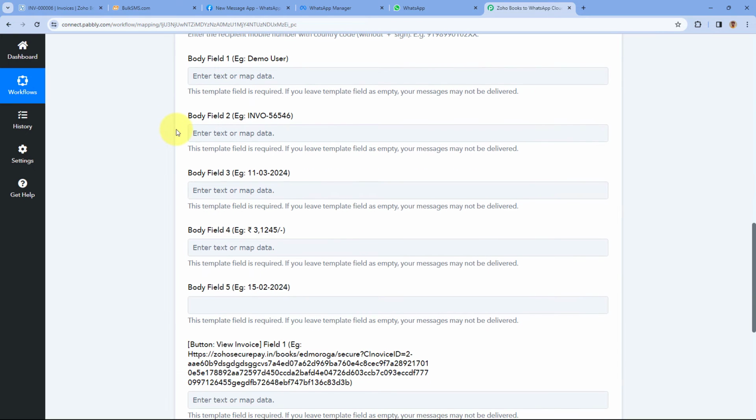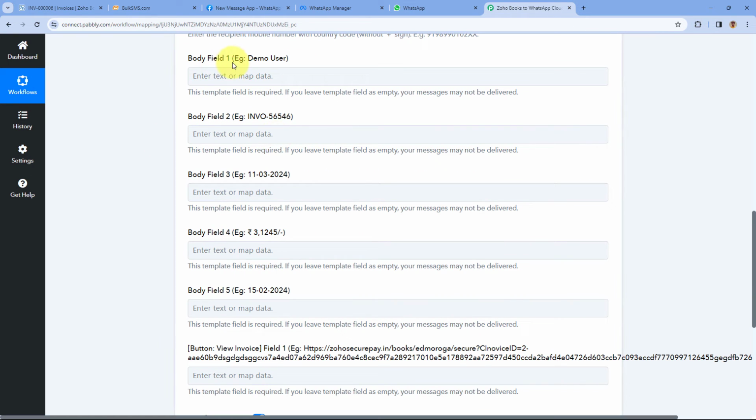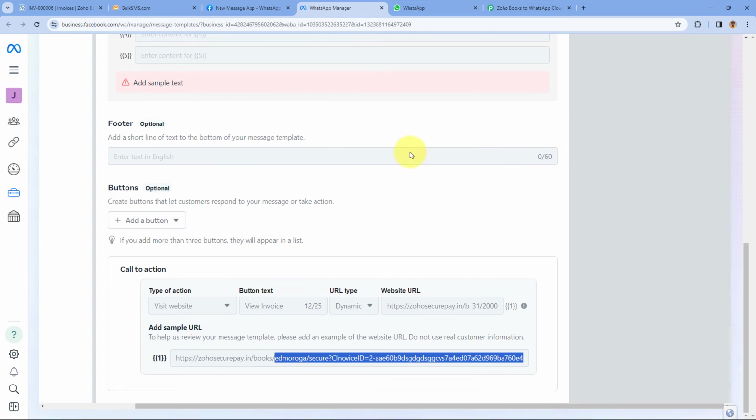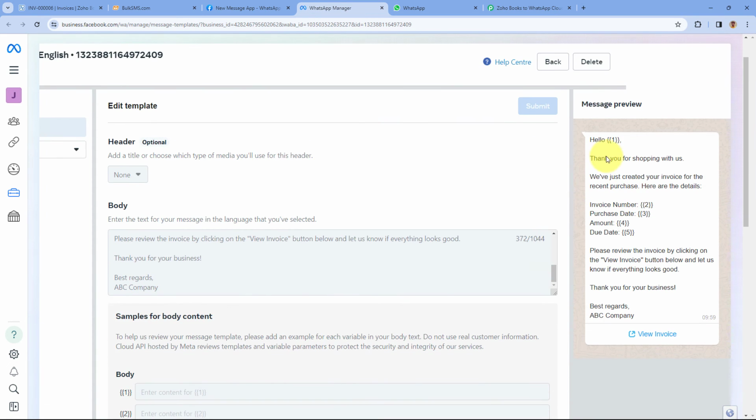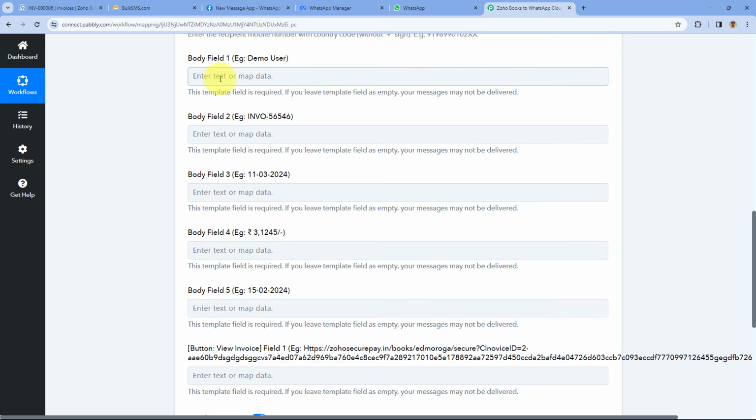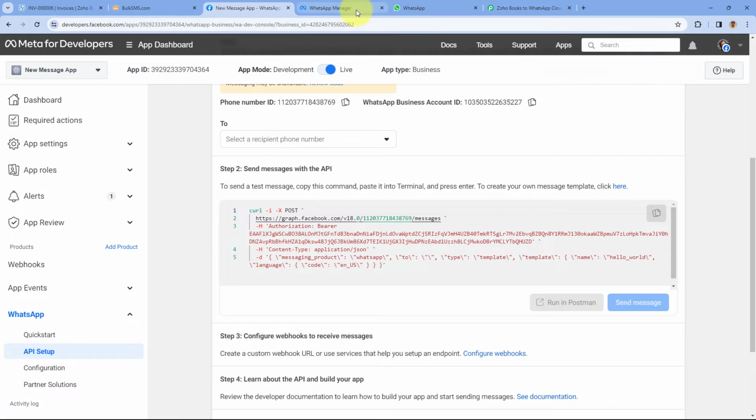Now after entering the mobile number, it is asking us for body field 1, field 2, field 3, field 4 and field 5. In our template message, we have created 5 body fields. What is the value we want to put in place of these body fields? We have to enter that over here. So here in place of body field 1, we wanted to mention the name of the